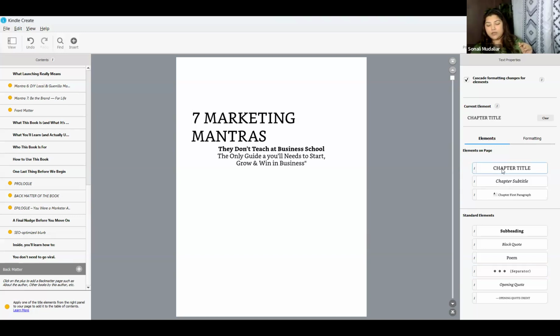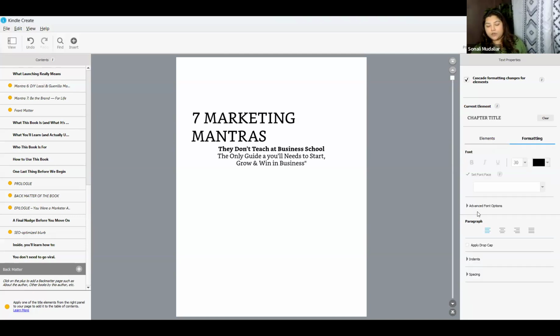Then this is chapter title, this is chapter subtitle, and the chapter first paragraph. Sometimes I love putting it into my non-fiction books as well. But most people suggest the chapter first paragraph is something that people use for fiction. Coming down to formatting, these are other options that you can choose from, but I generally do not make any changes.